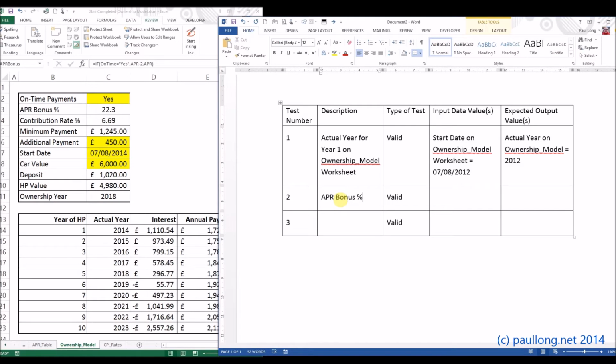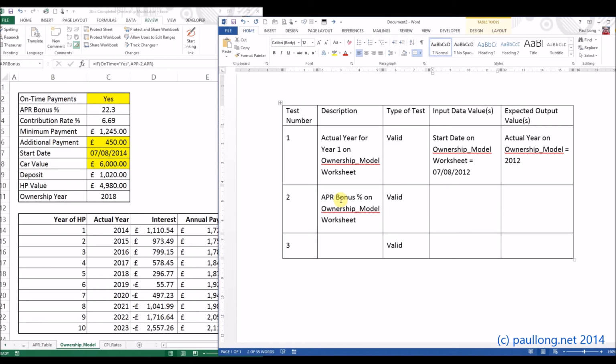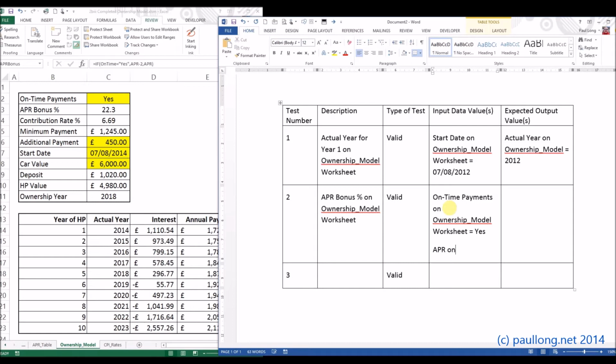And on which worksheet is it? It's on the ownership model worksheet. What's our input data going to be? There's going to be 2. Okay, so it's on ownership model worksheet equals yes, and the APR on the APR calculator